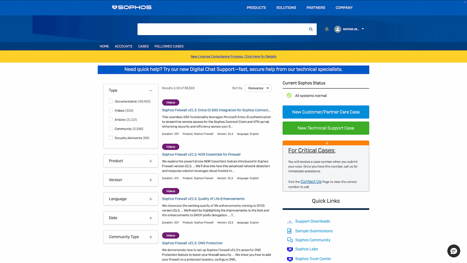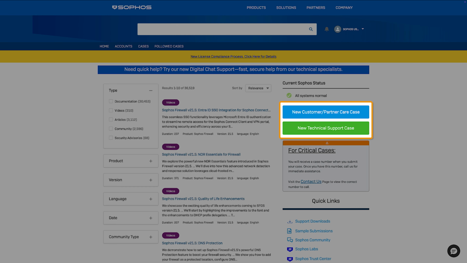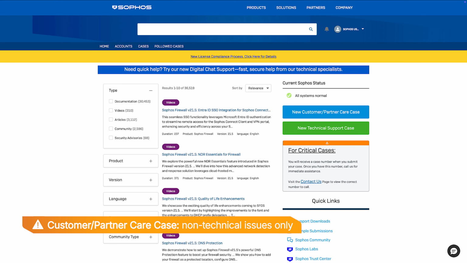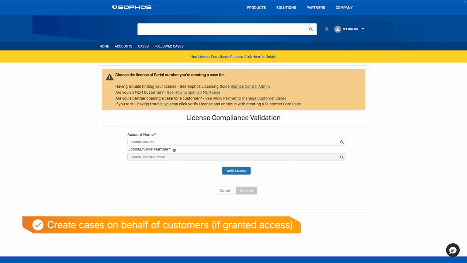Next, if you need to create a new support case, you can use these options depending on the situation. Customer care cases are for non-technical issues, such as those relating to the support portal or licensing. Technical support cases are for any technical issues related to Sophos products. As a partner, you can create cases on behalf of your customers, provided they've authorized you to do so.